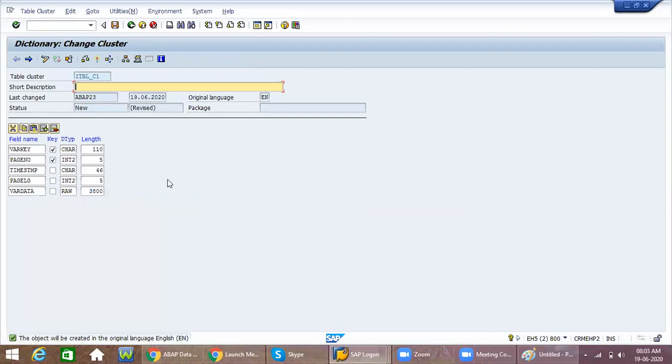Continue. Okay, here now see, this is a cluster table, right? Table cluster. Now I'm creating here.